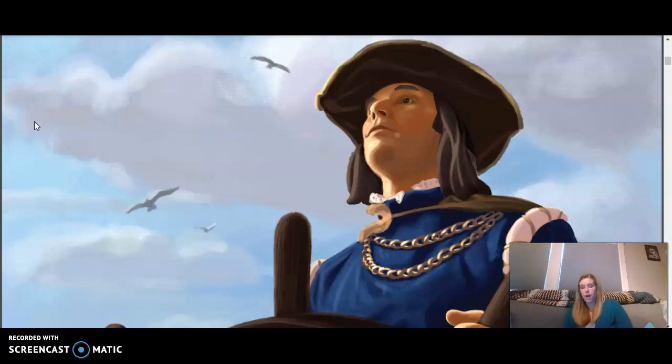Our first word is enterprise, a plan or project that is often risky or difficult to carry out. Our next word is fleet, a group of ships, planes, trucks, or other vehicles that are controlled by a single person, company, or government. Our next word is sphere, an object shaped like a ball. Our next word is sponsors, people who pay for the cost of an activity or event. And our last word is uncharted, explored or unknown.